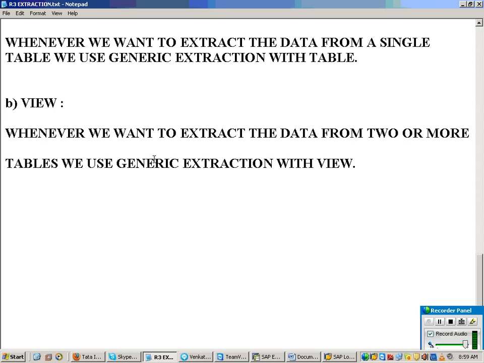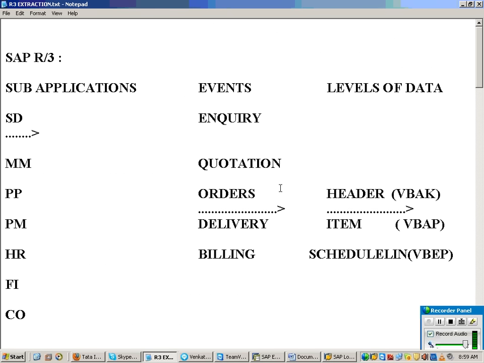But to create a view, what is the condition? Both the tables should have at least one common field, and that should be a part of your primary key. Now, what is the limitation? You can combine your order tables, because the transaction has been split, and all the tables will have one field as common. But suppose you want to combine the order table and the delivery table, is it possible? Two different events I cannot combine. Within a single event, however many tables you want, you can combine.